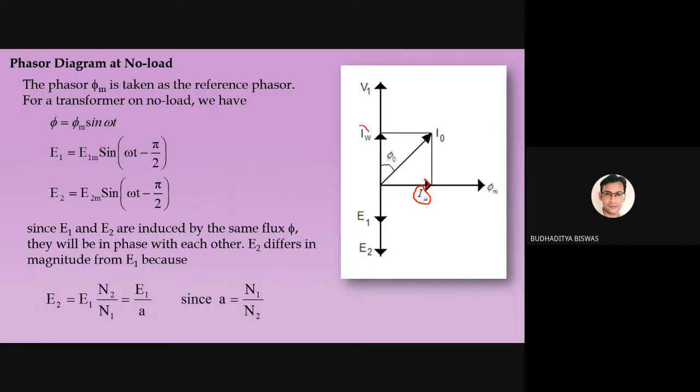And as IW supplies the active losses in the wire and the core, it should be placed in phase with V1. After drawing this line, you need to draw I mu and IW in this way. Then take the summation of these two currents to find the I0 current. This is the no load current I0, and it produces an angle phi 0 between the supply voltage V1 and I0. This is called the no load power factor angle, and its cosine is called the no load power factor.